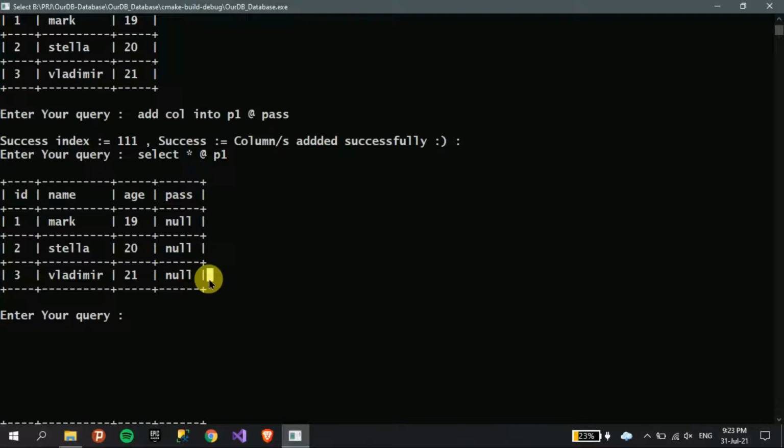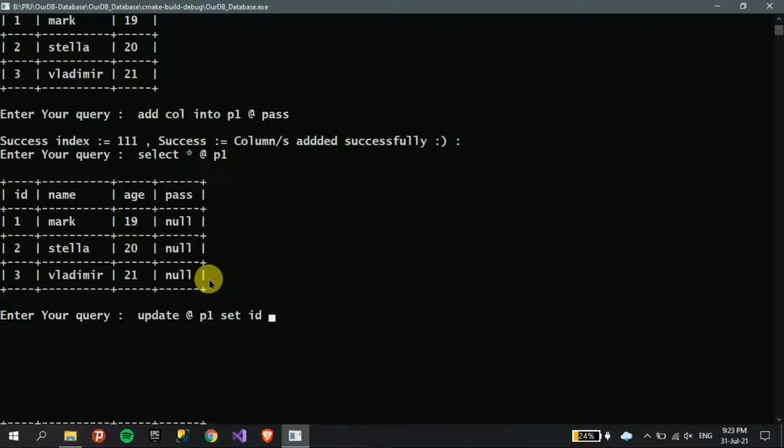Now let me tell you how the update command works. The command is update at the rate table name set id is equal to 4.